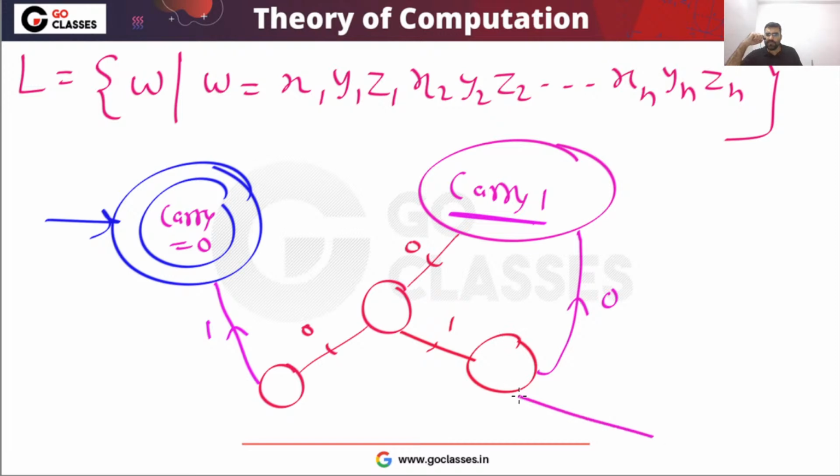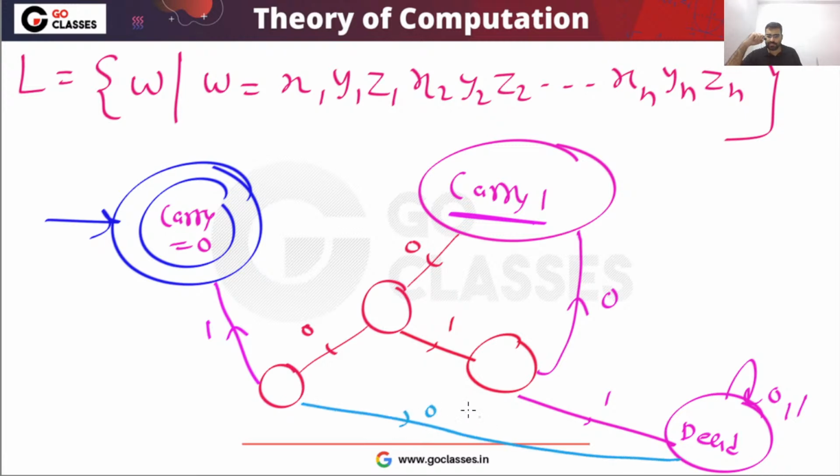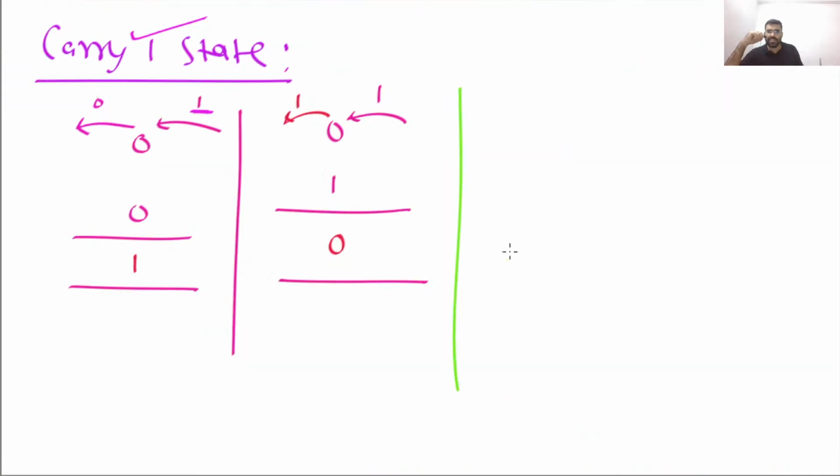In this state, if 1 comes, I will go to dead state. Similarly, in this state, if 0 comes, I will go to dead state. It's very simple. And similarly, in the carry 1 state, if 1 comes,